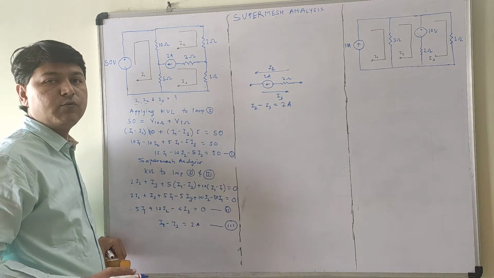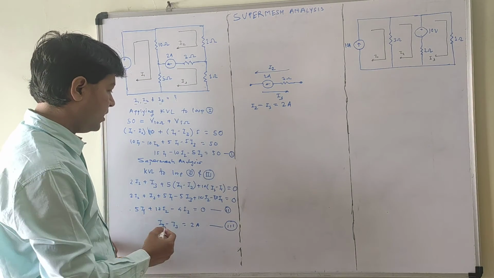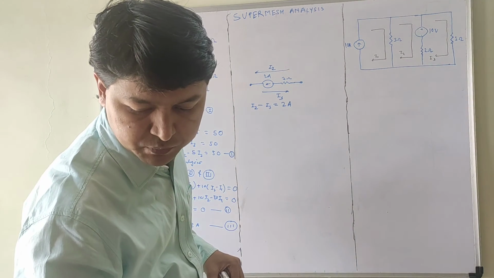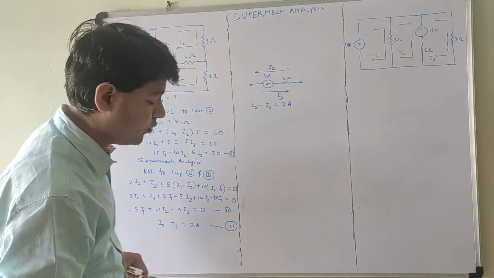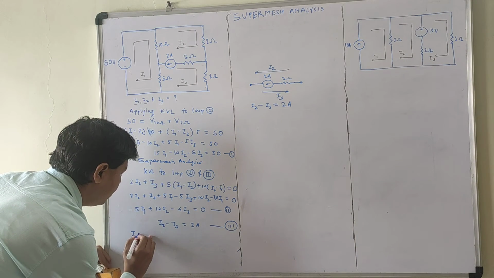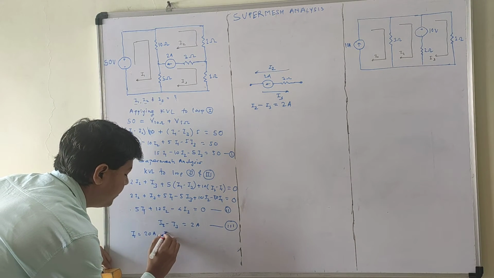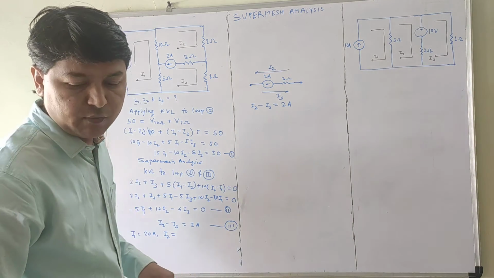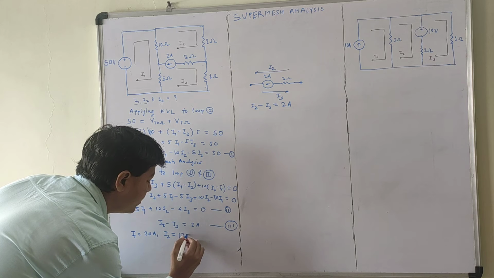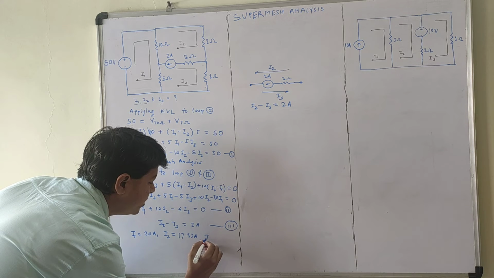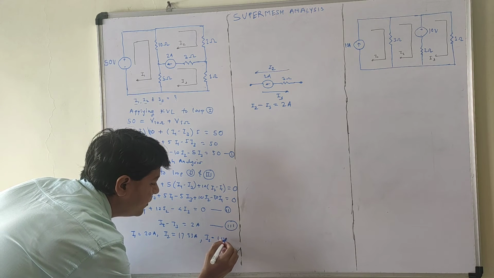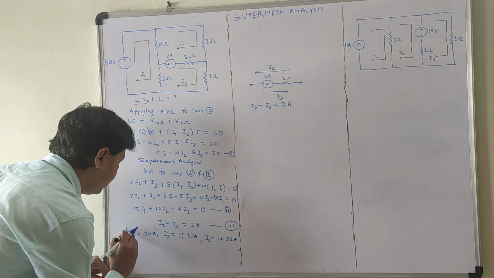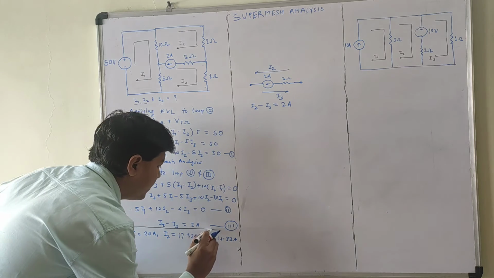Use the Cramer's law that we have studied in previous lectures and solve for I1, I2 and I3. You will get the value of I1 as 20 ampere, the value of I2 as 17.30, and I3 as 15.33 ampere. These are the three currents calculated